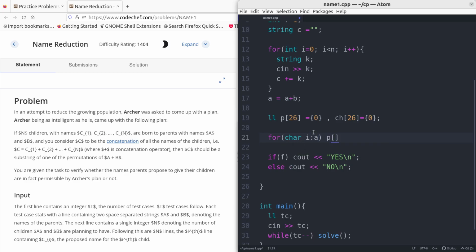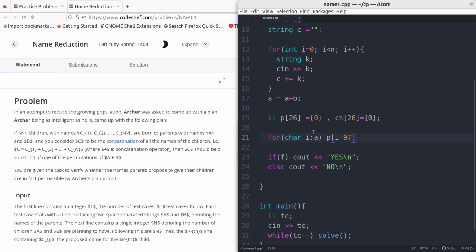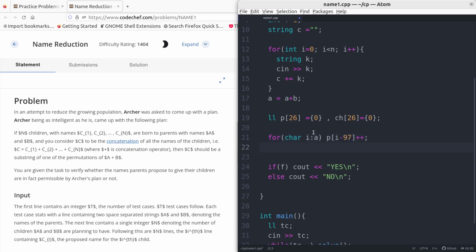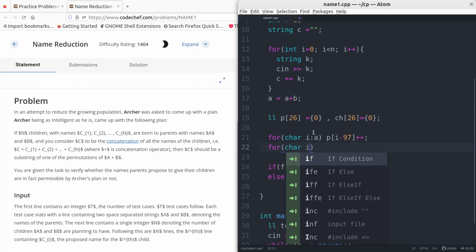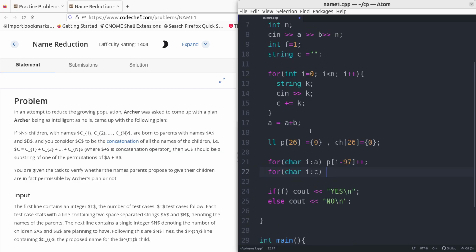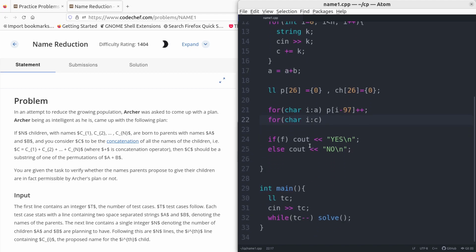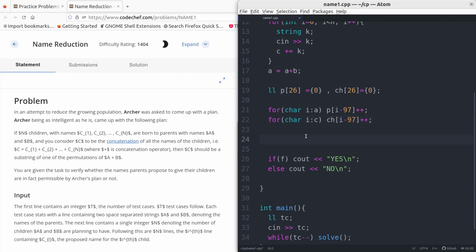We'll say p of that character minus, since the ASCII values will be represented, we are subtracting 97, and we'll do the same for children also. Okay, we are adding a and b, right? So that's where we use the b. I was just thinking, where did we use the b? Okay, after doing the same,